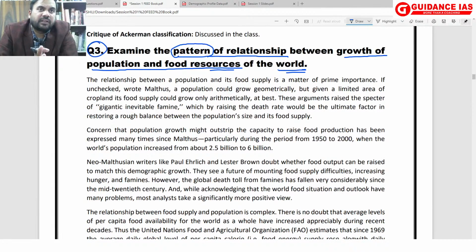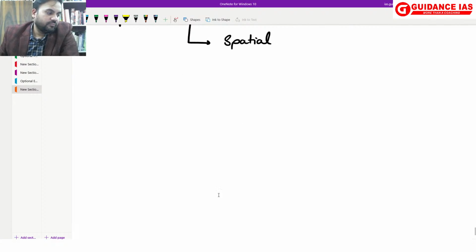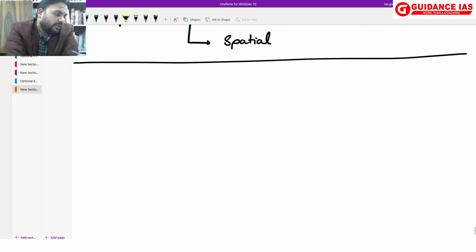Its perspective is different. Here with the 3 viewpoints that we use, they are mainly to explain the over, under and optimum population. Okay, coming back. So you have to examine the pattern of relationship, explain it, and explain what the critical factors are, etc. And as I said, temporal and spatial. So tell me, temporal, I'll start with my answer. So answer 3 in the introduction.